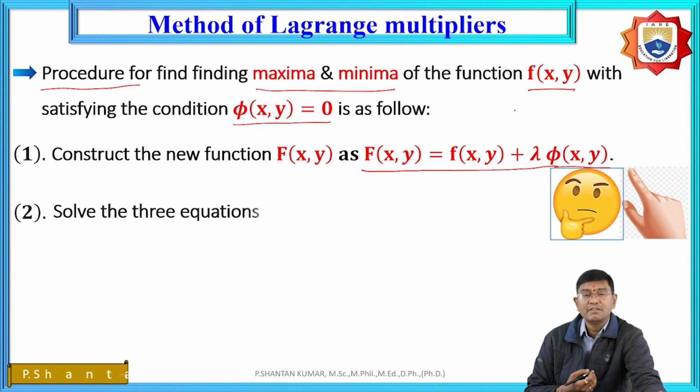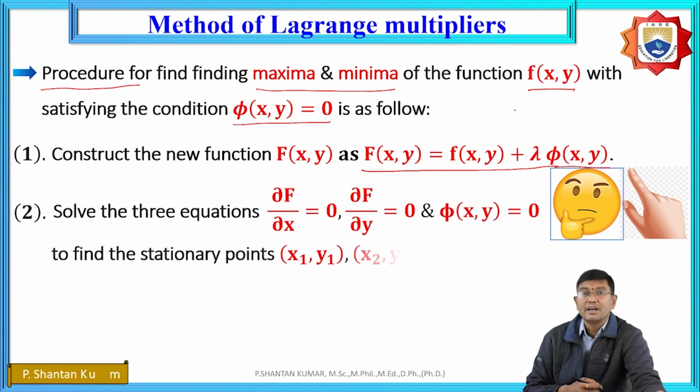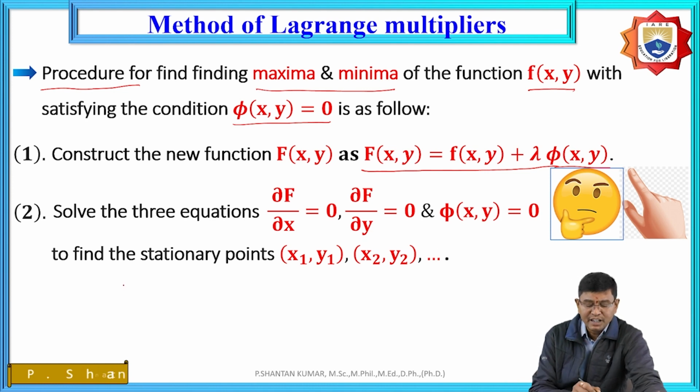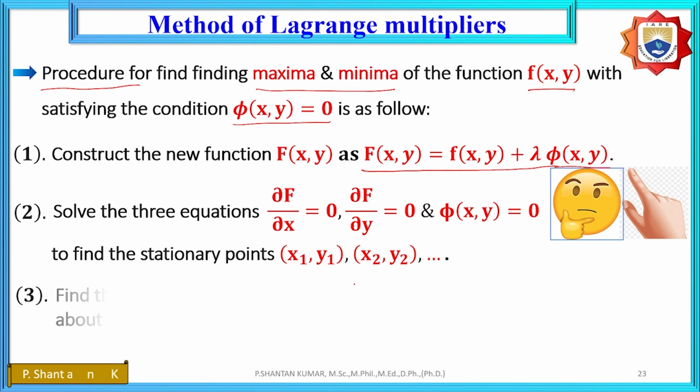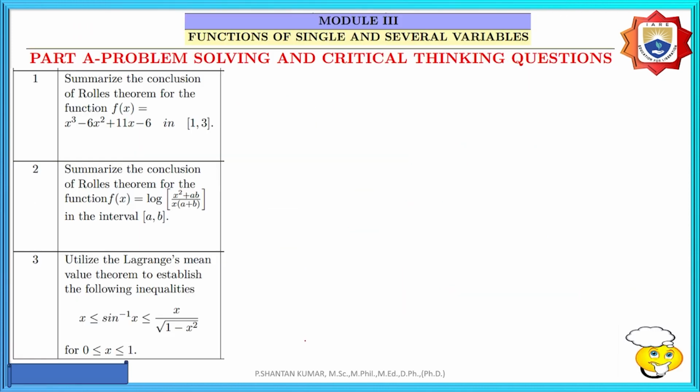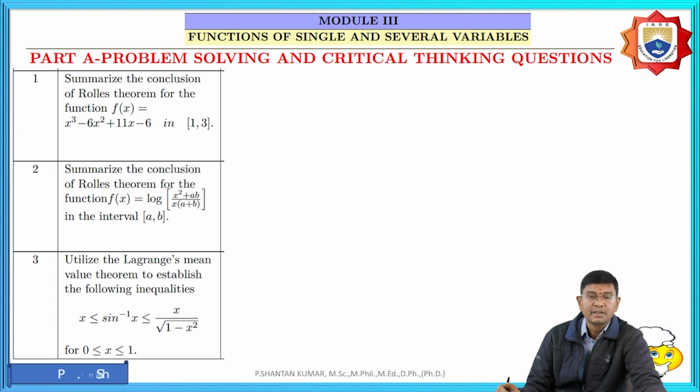Based upon that, we need to solve the equations together: Fx is equal to 0, Fy is equal to 0, Fz is equal to 0. Here it is Fx equal to 0 and Fy equal to 0 because this is under two variables only, and phi of x comma y is equal to 0. Find the stationary points x1 comma y1, then find the value of f of x comma y at the above stationary points, and from that conclude whether it is a maximum or minimum. While we discuss that, it is easy to find out. And similarly,